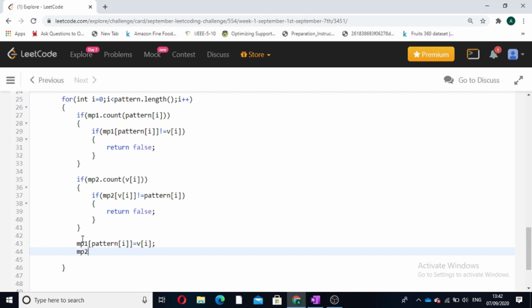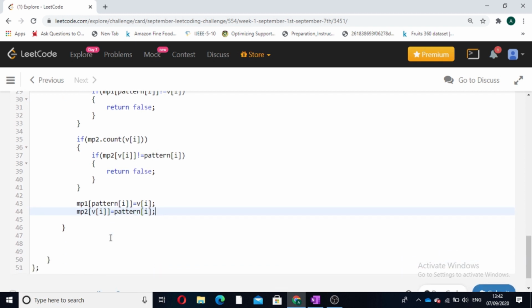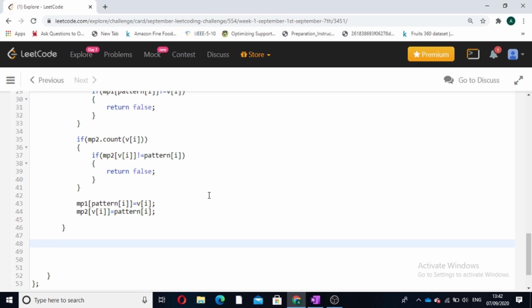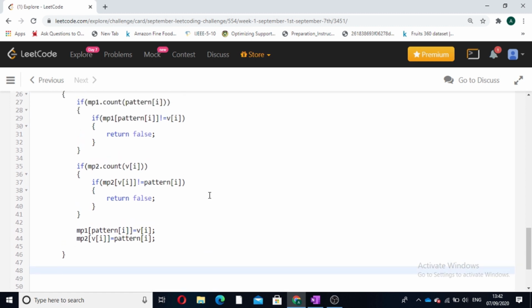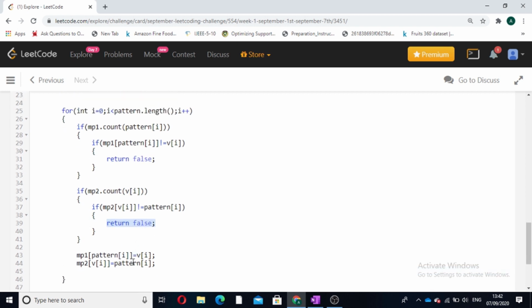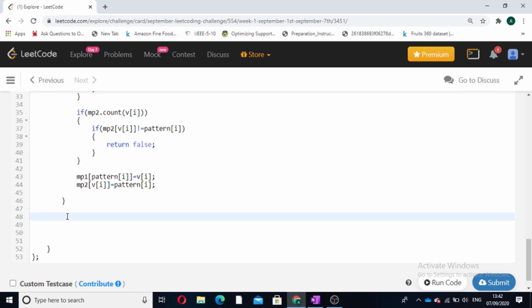Now in the second hash map, we will update the string as the key and set its value to the corresponding character, pattern I. So this was the whole loop which does our work. If at a particular point there was a contradiction, then the function has already returned false. Now when the loop is over and our program comes out of the loop, it means no contradictions were found and we can return true from here.